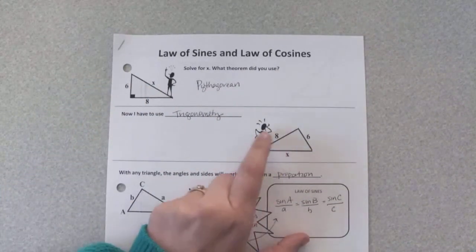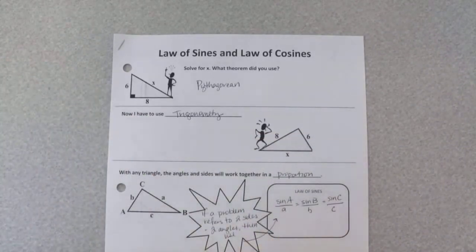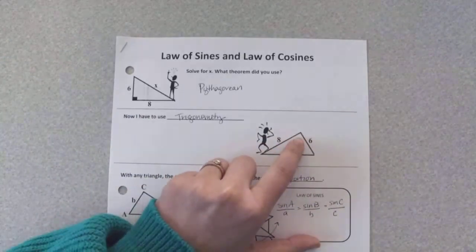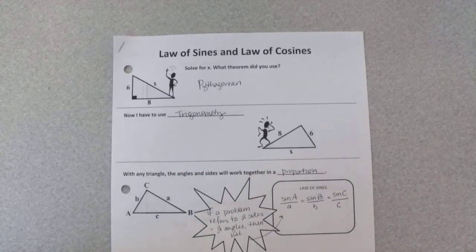Now in this triangle here, this guy's freaking out. He doesn't know how to do it because there's no right angle. But do not worry, because we can use trigonometry to solve for angles and sides, even if a triangle is not a right triangle. So keep in mind, SOHCAHTOA is right triangle trig. That can only be used with right triangles, but law of sines and law of cosines can be used with